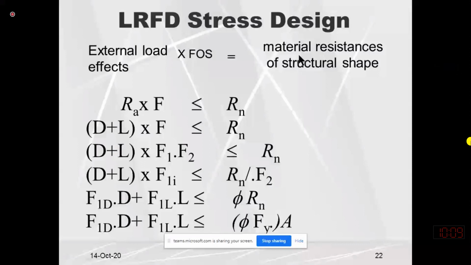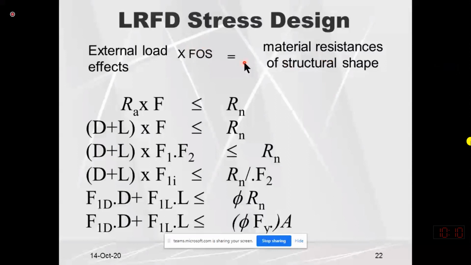When we multiply the applied load effect with the factor of safety, we are bringing the structure from the state of collapse to the safe state. We have already discussed why we use a factor of safety. In ASD, we bring the factor of safety to the right hand side, and we divide the resistance of a material by the factor of safety. The factor of safety value is 1.67 in both design methods, either ASD or LRFD.